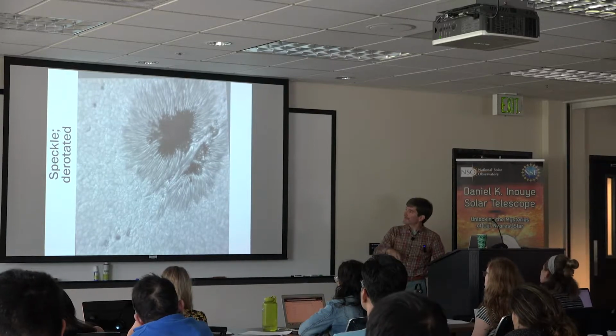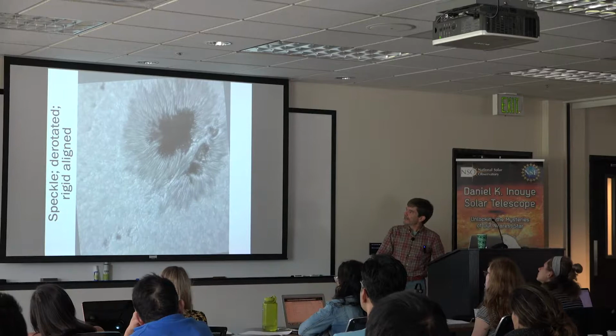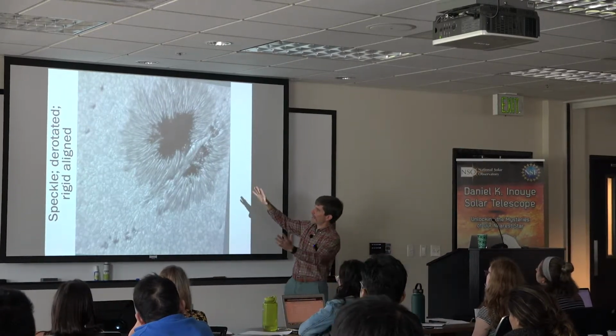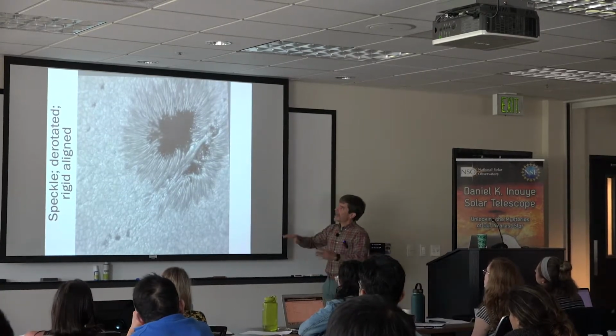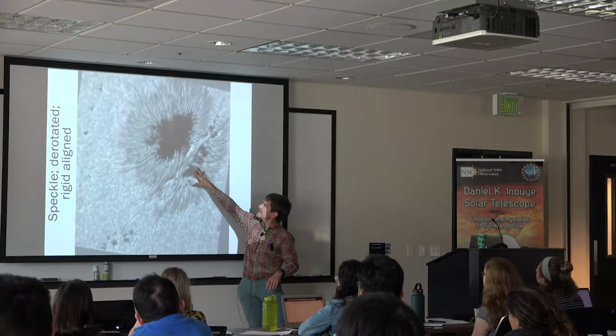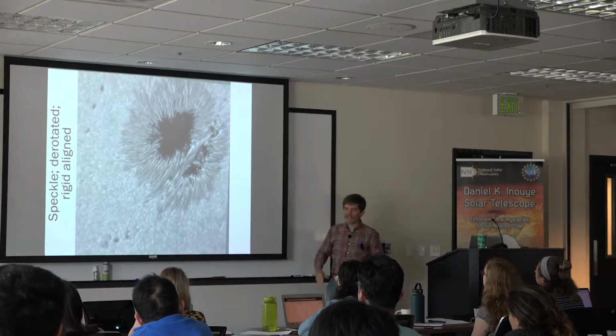There's a constant rotation at Big Bear. Now we can just do a rigid alignment, where we take the whole image and shift it to get that alignment. And now you see the image is more stable. Now this feature here, if you follow it, stays in the same place over the duration of